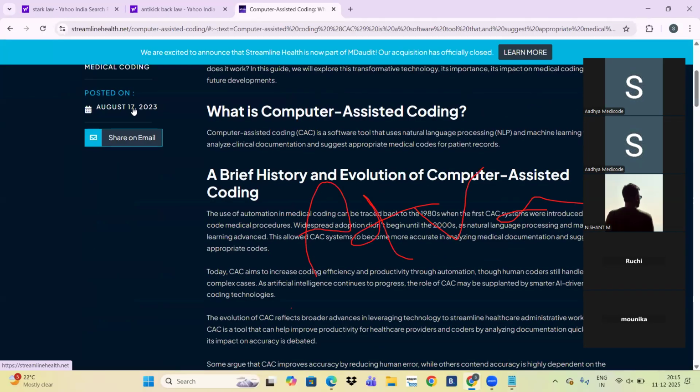So what happening now, previously in the medical coding, while you are going with the documentation, you will get the document and separate tool to add the diagnosis and procedure codes. Now, they implemented the computer auto-assisted coding like AI, artificial intelligence, in the document.